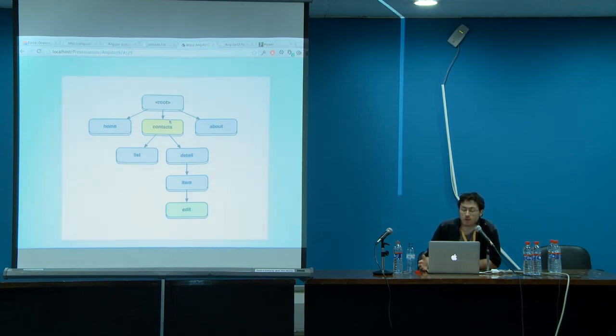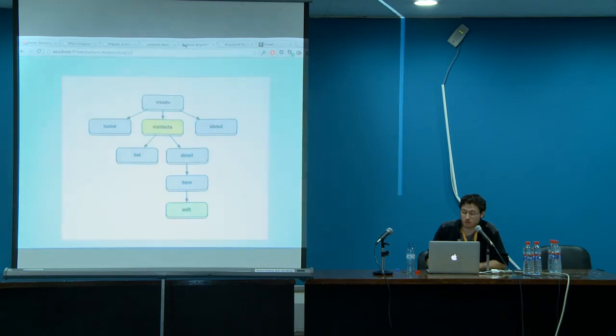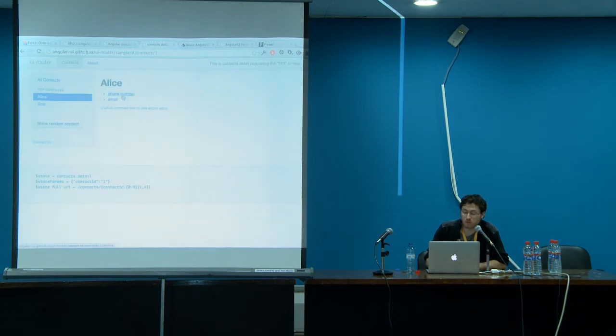You can't actually navigate to it, but it allows you to organize your state hierarchy in a particular way and attach behavior to a whole section of a tree of states at once without having to duplicate that logic. So I've navigated to contacts.list. I see my list of contacts, and now if I click on one, it's navigating over to contacts.detail, and you can see I have these other states that I can drill down into.